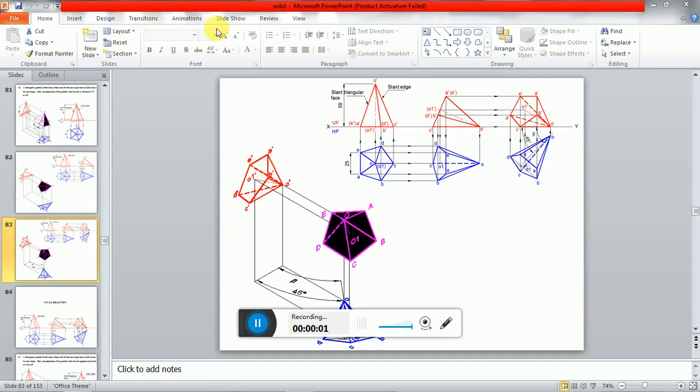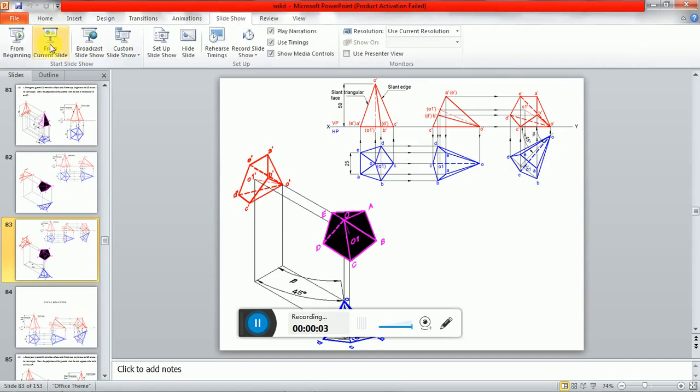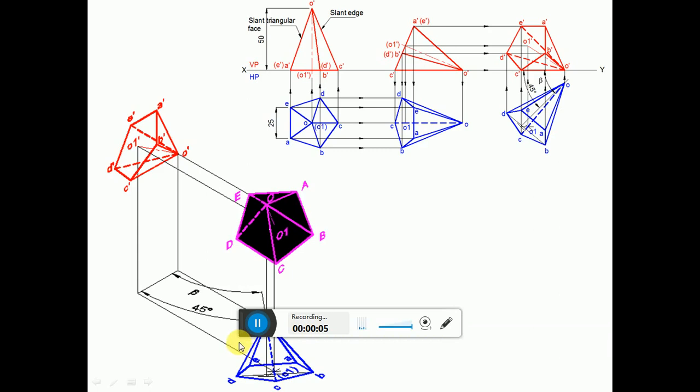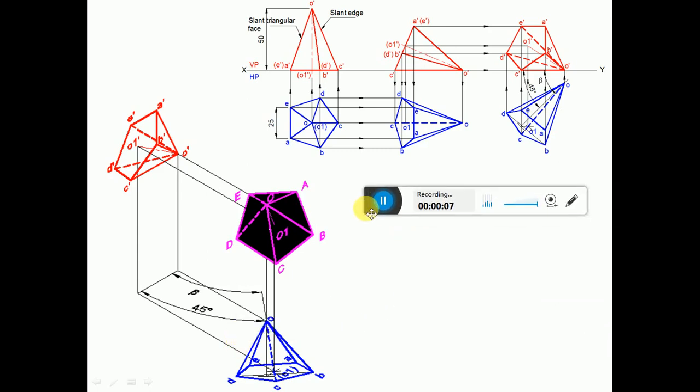Now, continuation of the 148 problem. Now here, the axis of the pyramid is inclined to VP at 45 degrees. So, in the second position, when the slant edge rests on HP, then naturally the axis is going to become inclined to HP. Since the axis is inclined to HP, in the top view you are going to get